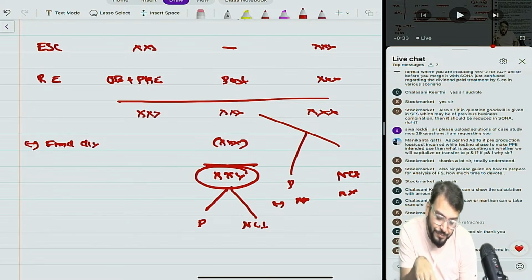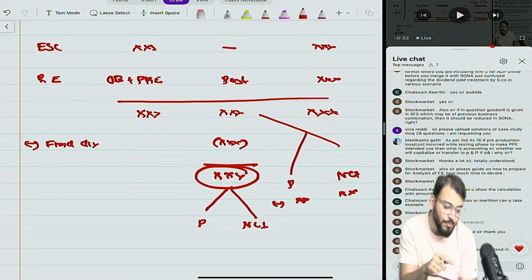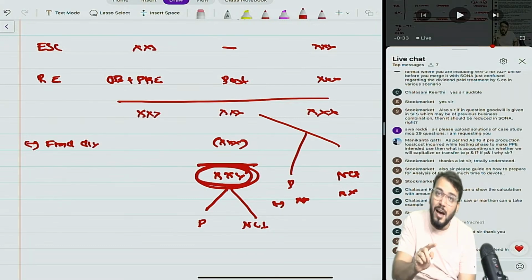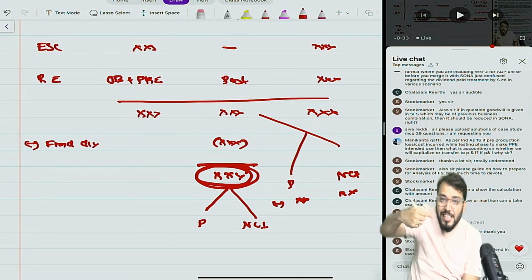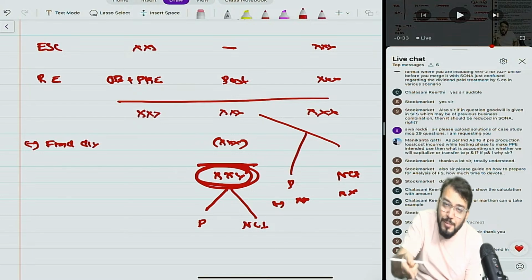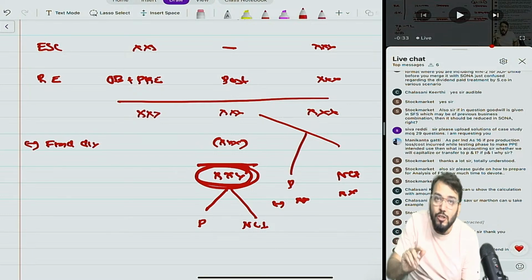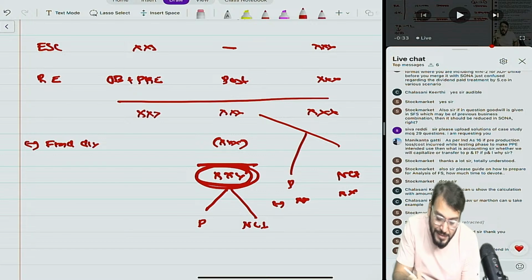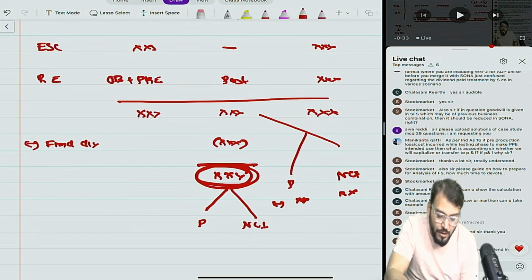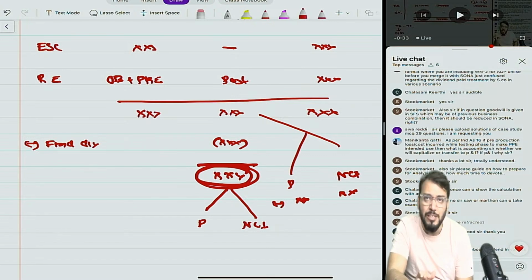Either you can directly transfer profit after dividend to the other equity working note, or you transfer first profit before dividend and then minus dividend in that working note. Ultimately the net effect remains same. Have you understood now? Bolo. You want me to take one example? I think an example is not required if you have understood this.